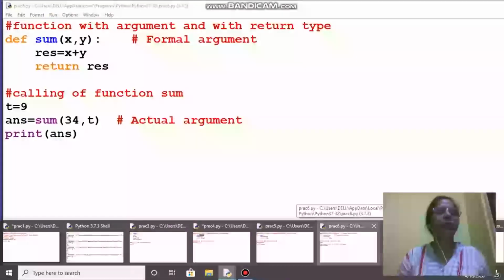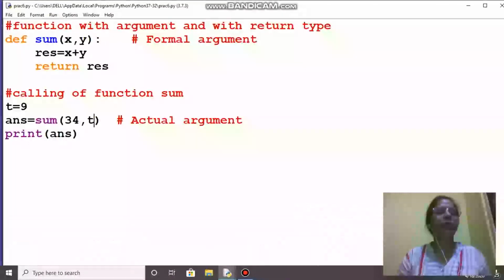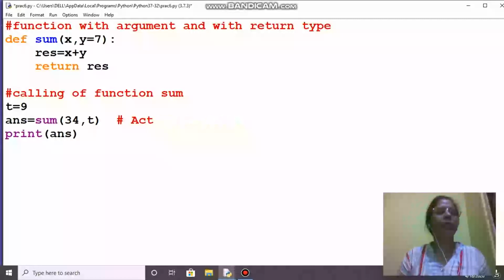So if we want to test default argument, I'll remove this, so you might have understood formal argument. Here I'll write equal to 7. So here we are going to understand default argument.